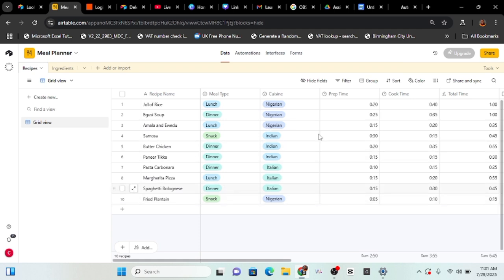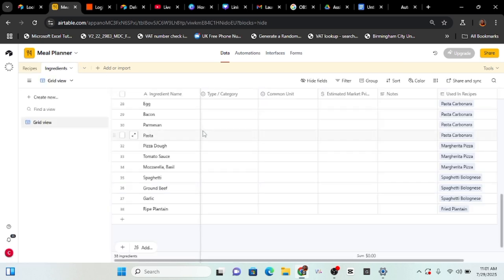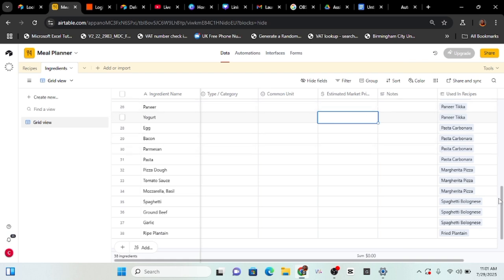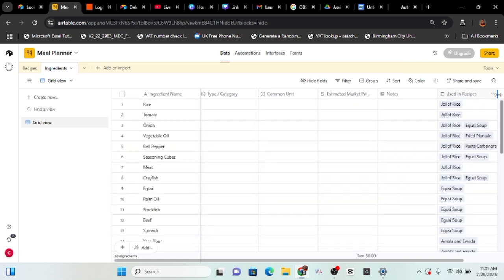Good, so having done that, let us go to our ingredient table, and this is this. What is left now? Oh my god, we still have a lot to do. The estimated price. So let's add price. This is so much. So let's add price. 4,000